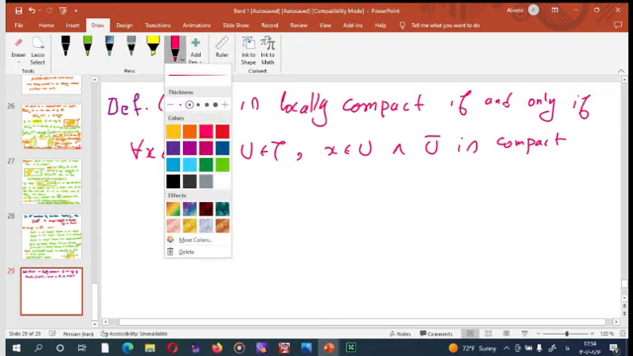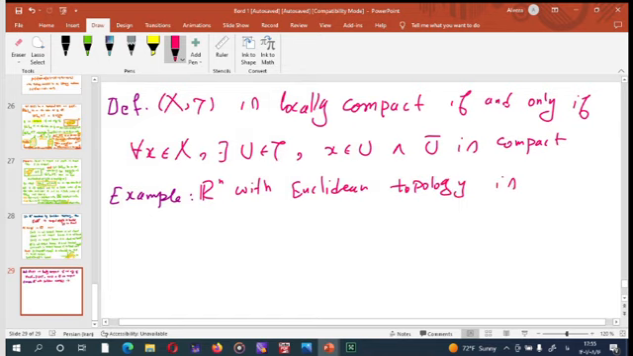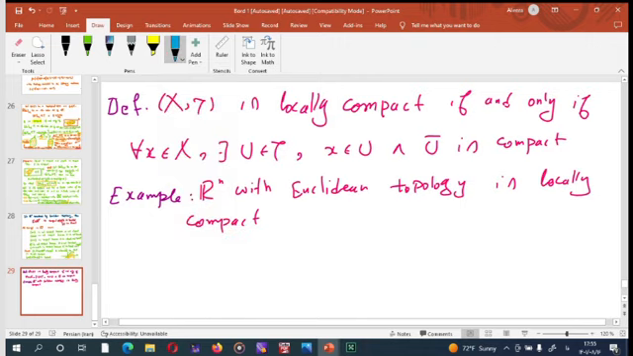And as an example, Rn with Euclidean topology is locally compact, and its proof is easy because for any x equal to (x1, ..., xn) in Rn, because we consider this x as Rn, we see that